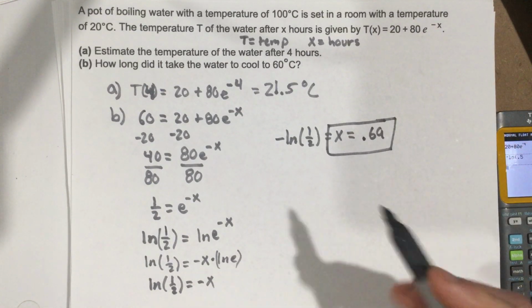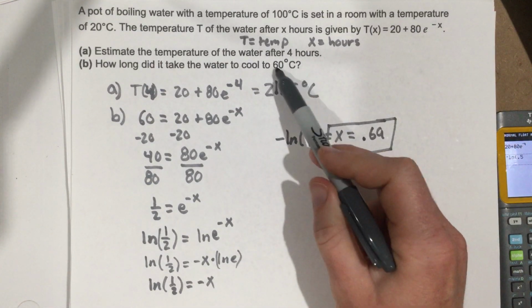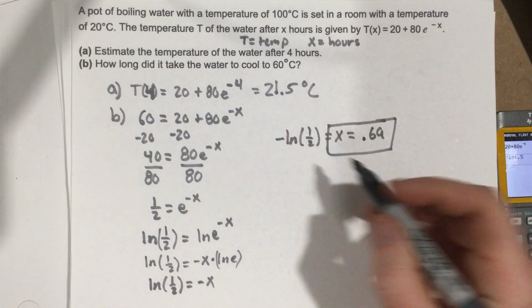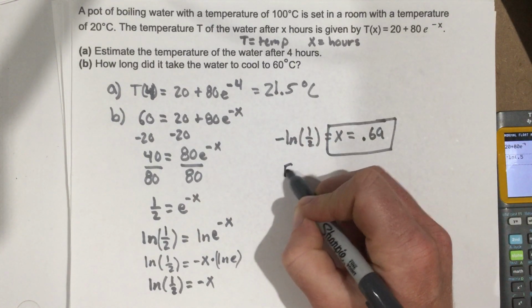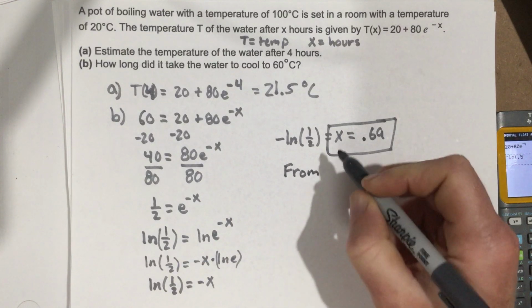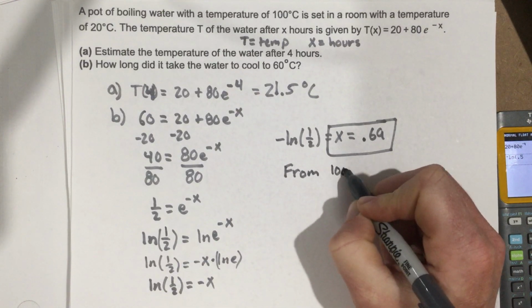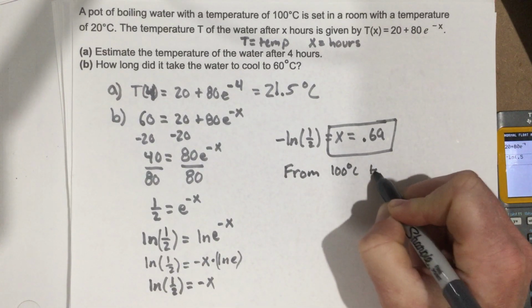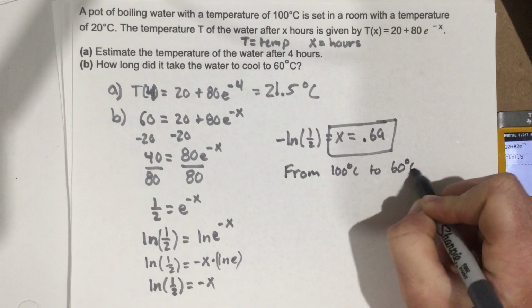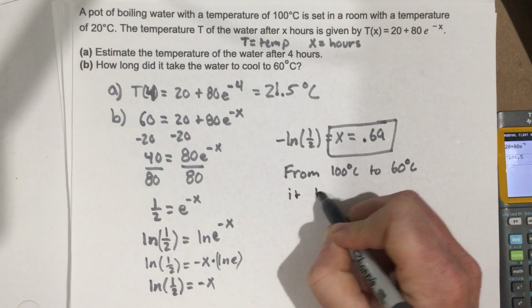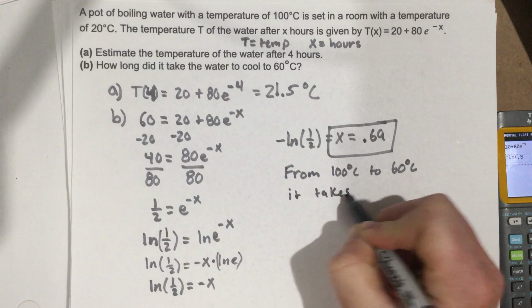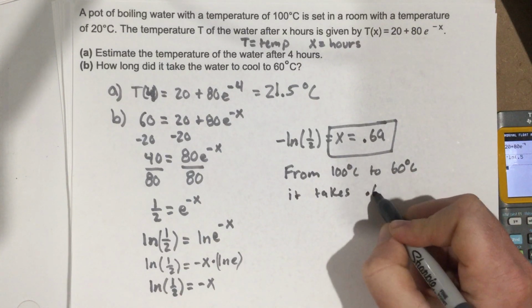So in order for it to cool from 100 degrees Celsius to 60 degrees Celsius, it takes, well, 0.69 hours,